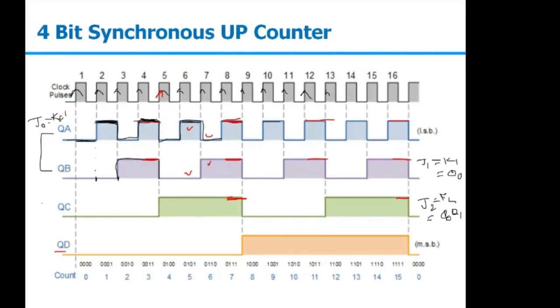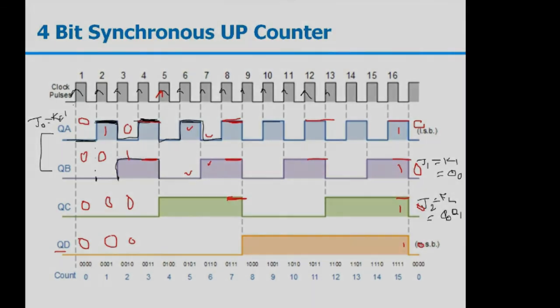And now if you will see what we are getting, 0 0 0 0, 1 0 0 0, 0 1 0 0. So you can see it is counting 0, 1, 2, 3 and at the end it is 1 1 1 1, which is 15. And after 15, if you cross check, it will again go to 0 0 0 0. So it is going to reset condition. So it is a 4-bit synchronous up counter because all the 4 flip-flops are in synchronization with your given clock.